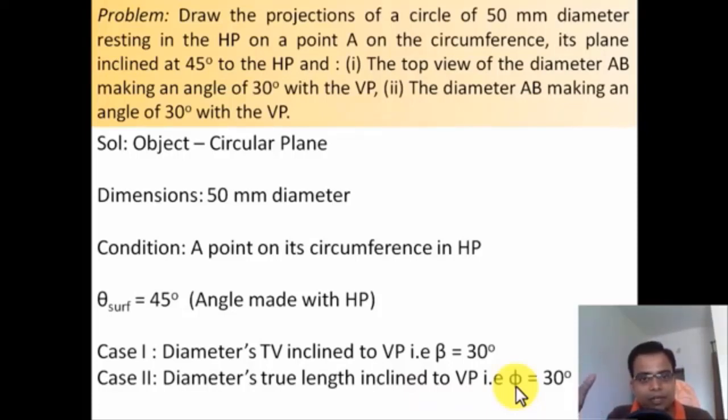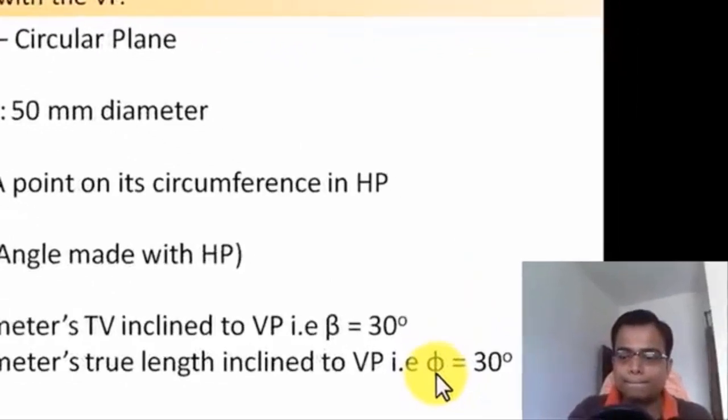In phase 1, I'll be giving you a demonstration as to how the object has been really kept with respect to HP and VP, and what shall be our initial assumption, whether we are going to slam it on the HP or we are going to slam it on the VP. These things I'm going to be discussing in phase 1, and in phase 2 it's going to be all about drawing orthographic projection of the two cases. Okay, so let's begin with phase 1.